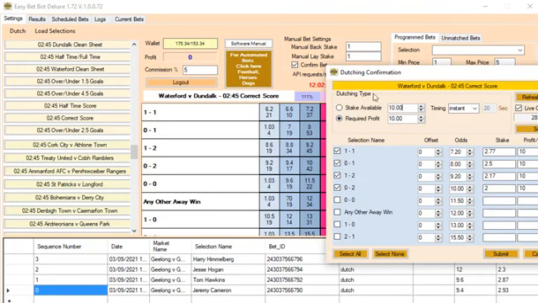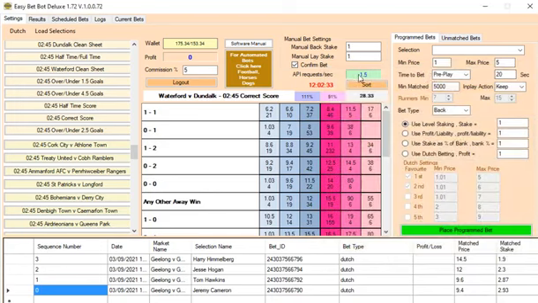That's how quick the Dutching tool is, and as I said, you've got the live odds and you've got the offsets here. Please use the offsets if you want a guarantee to get your Dutches done if you're doing them instantly. Okay, so the next thing I want to show you is